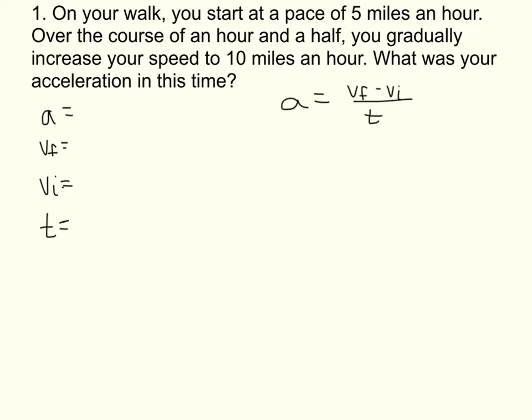Here's a basic example calculating acceleration. Now, personally, I don't know the typical running and walking speeds of the average person. These are just arbitrary numbers that I chose. So we're going to go ahead and calculate our acceleration if, over the course of an hour and a half, we start at 5 miles an hour and gradually increase our speed to 10 miles an hour on this walk